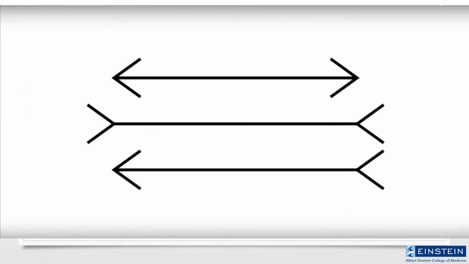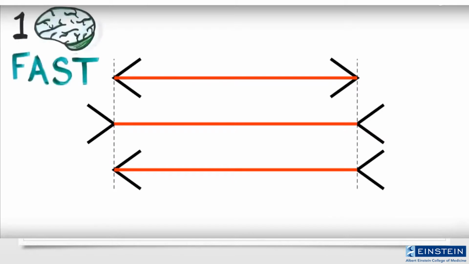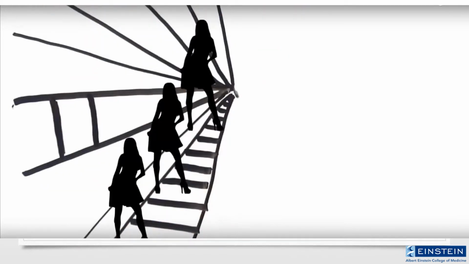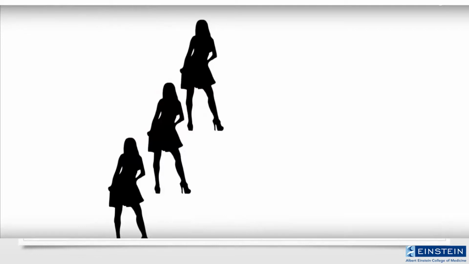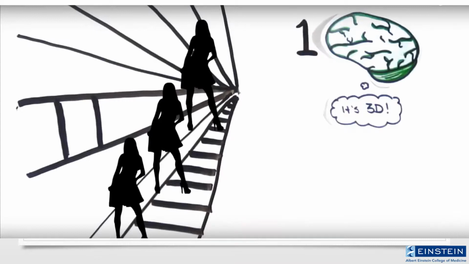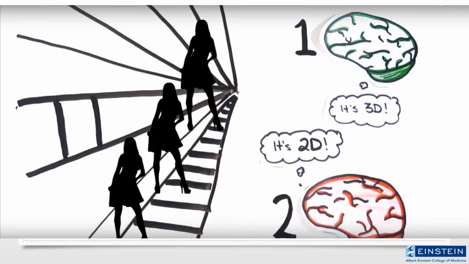Take these lines for example. It's clear that they're different lengths, but if you measure them, they're actually the exact same length. Even now that you know, System 1, or your fast thinking, can't stop seeing the illusion because it acts automatically. A similar effect is seen here. Which figure is the largest? Again, they're all the same size, but the suggestion of perspective and depth causes your System 1 to interpret the picture as 3-dimensional, even though it's on a flat 2-dimensional surface. It's making quick work of the available information, and so your conscious System 2, or slow thinking, must compensate after the fact and choose not to believe your intuition or instinct.